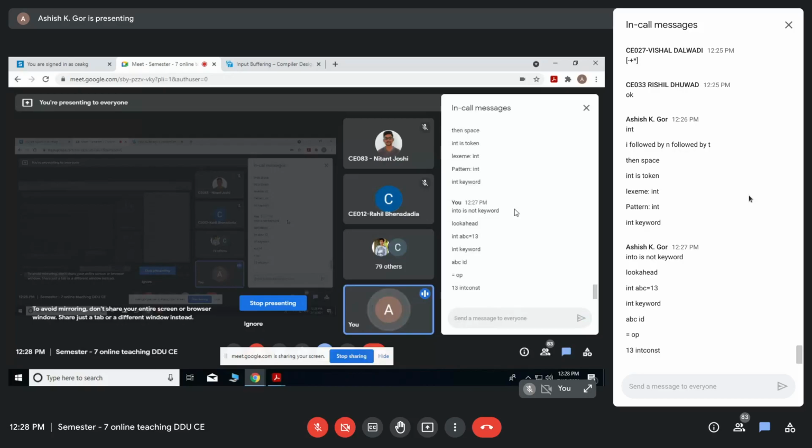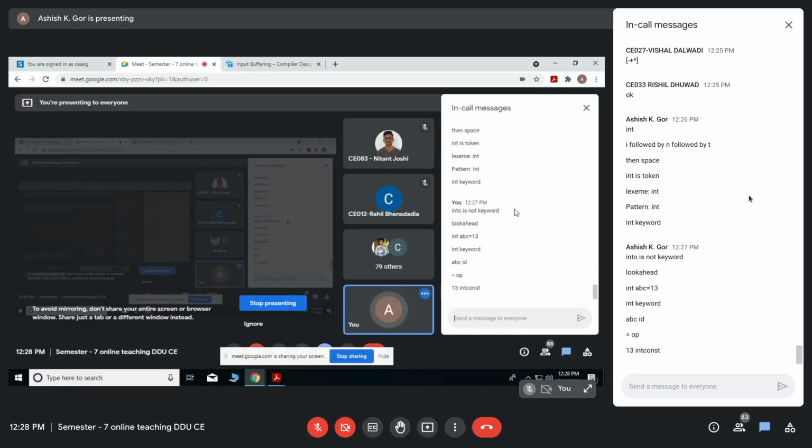So how can somebody realize that ABC is an identifier? For that, I need to go ahead and also see the equals to. Once I see ABC followed by equals to, I can say the group of characters A, B, C makes a token. Am I saying correct or not? Are you getting what I am saying?